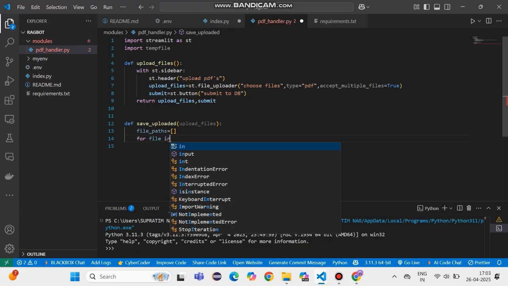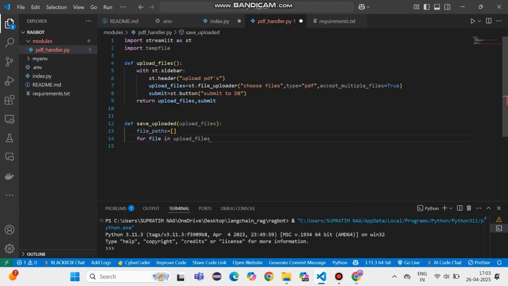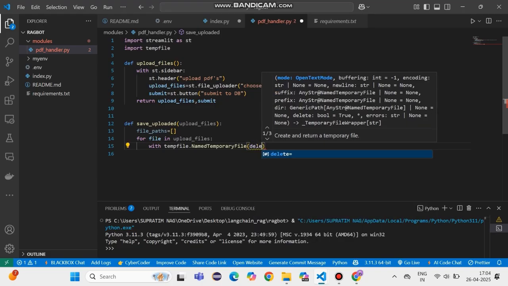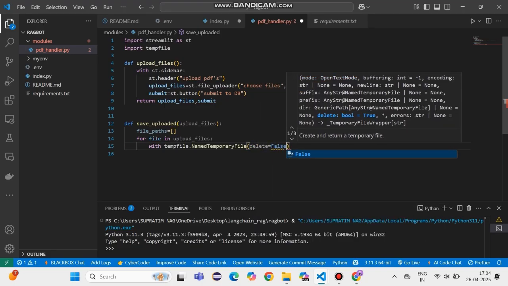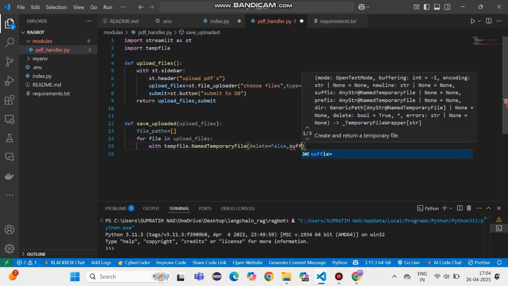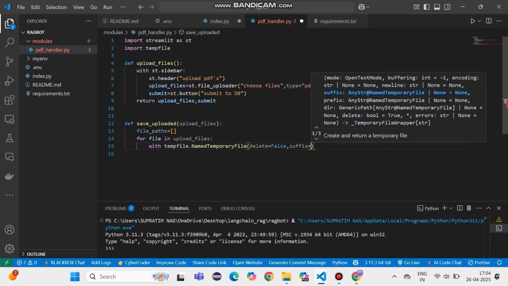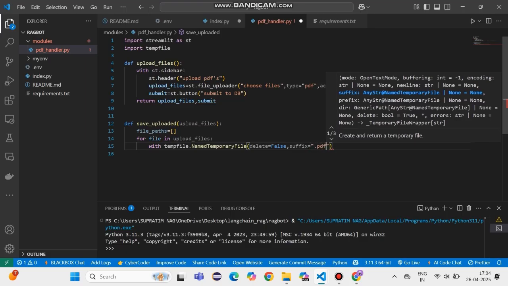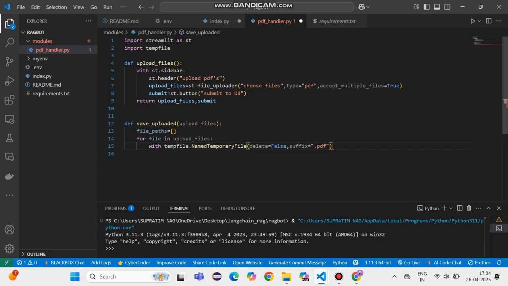So for file in upload files, here with temp file dot named temporary file, I'm going to write delete false, I won't be deleting them, and suffix to mention what kind of files I'm having, I'll write pdf. Then as tmp,